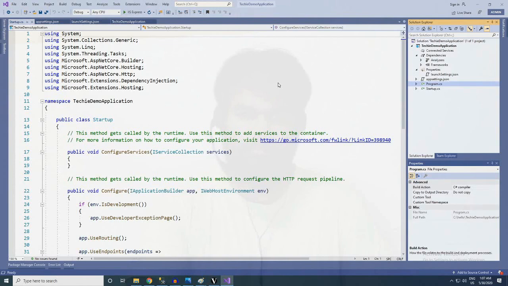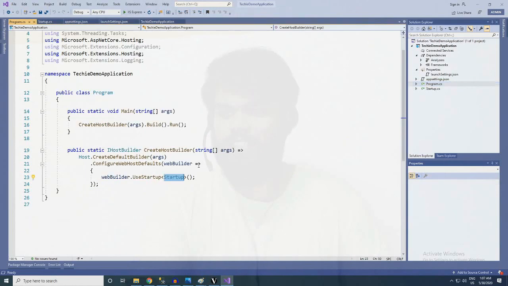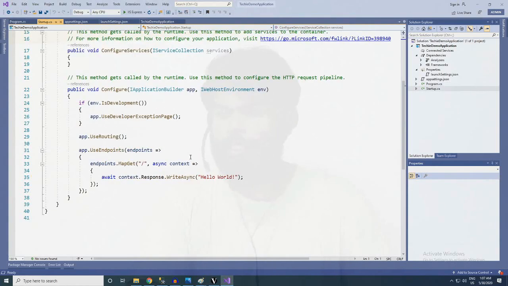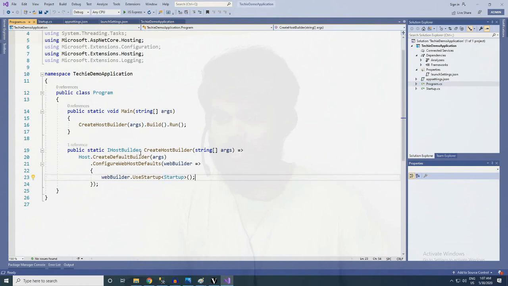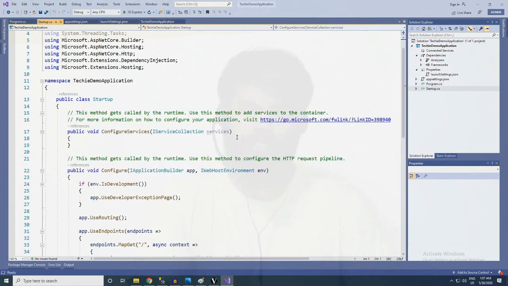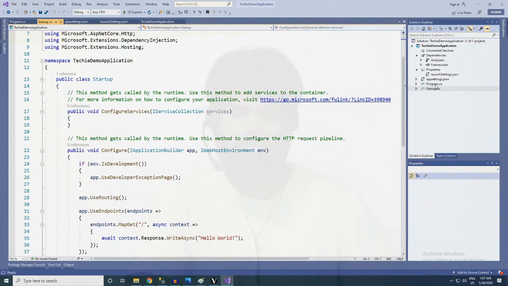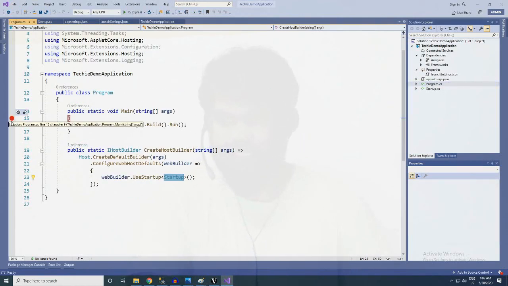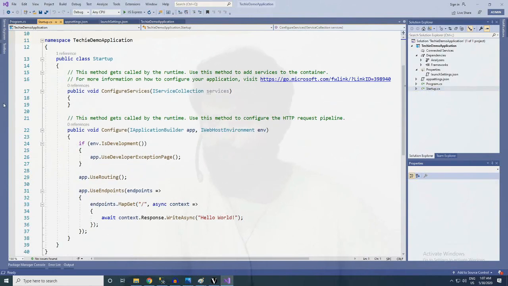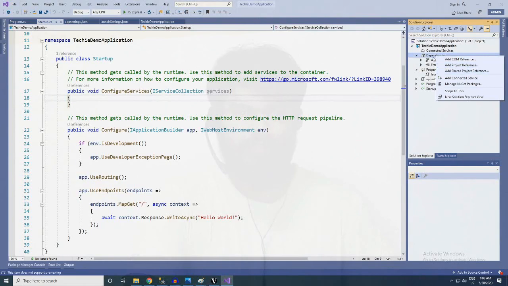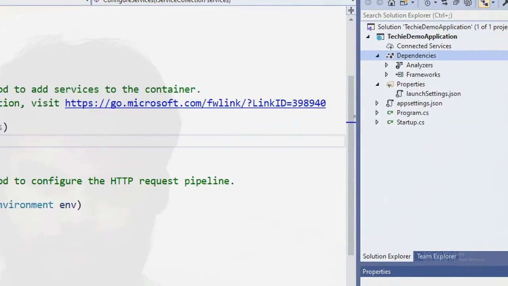So if you have a custom startup class, you can change it here. For now I'm not going to change that, so let it be Startup, which is Startup.cs. Initially your application starts in this main application, and using this startup it will directly transfer your code to this ConfigureServices place. And now you need to download two NuGet packages. For this, right click on dependencies, which is available here.